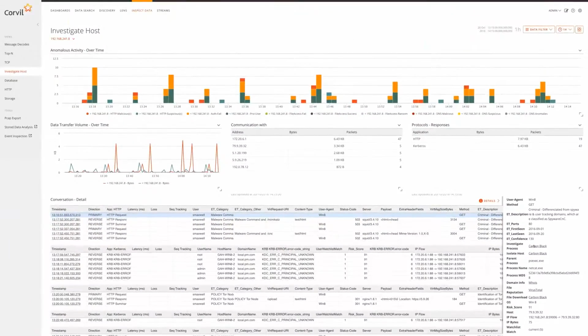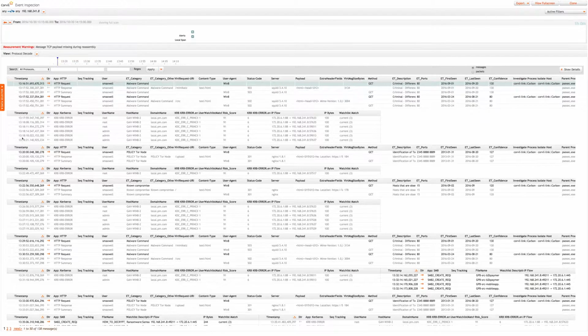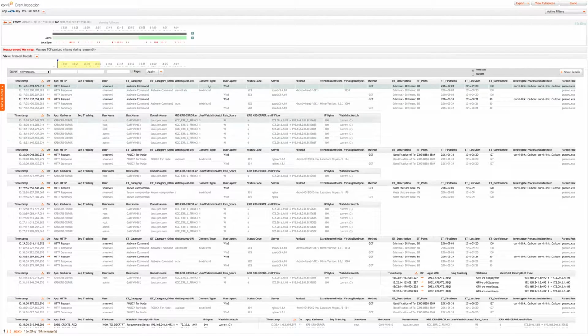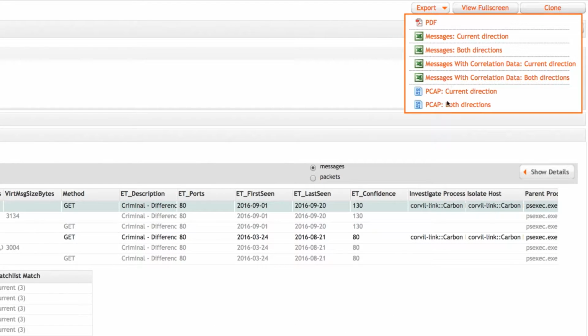And then one last critical action that the security team can take is, if they wish, they can extract the packets associated with this activity. So clicking on Event Inspection launches Corvil's Power User view, which offers numerous other ways in which the traffic can be sliced and diced. But one of the other facilities you get from this view is the ability to export